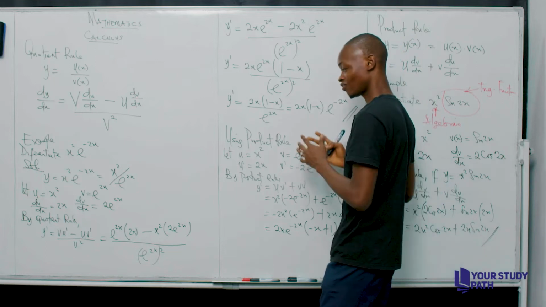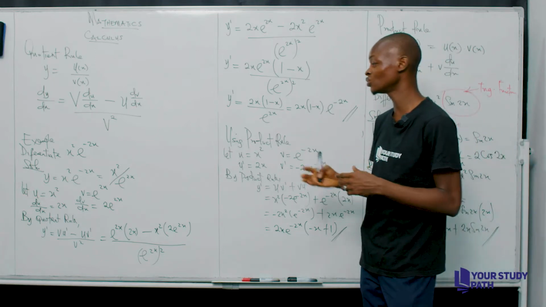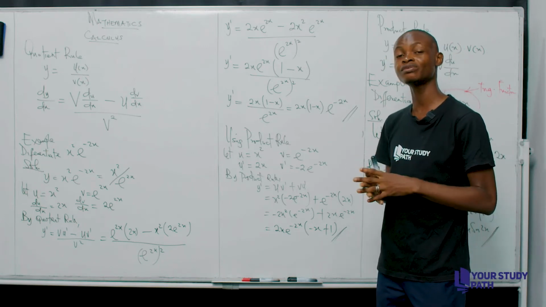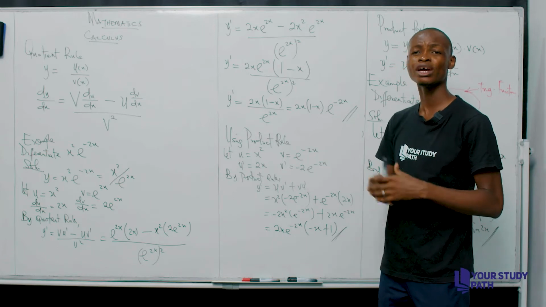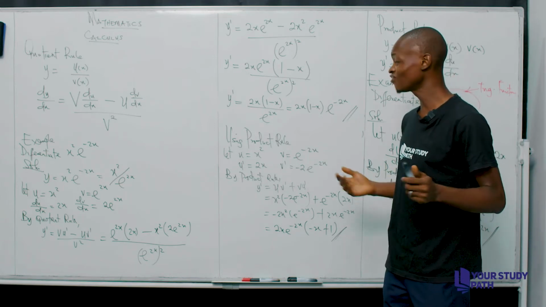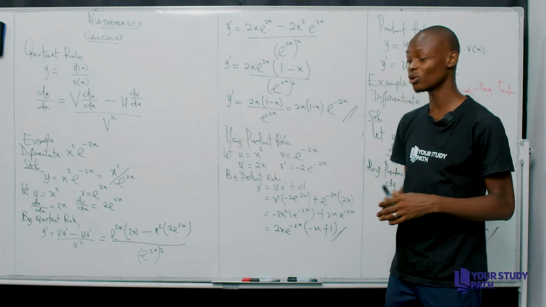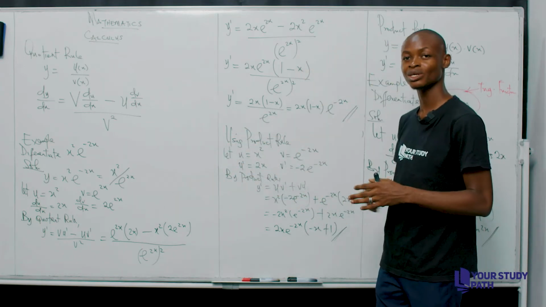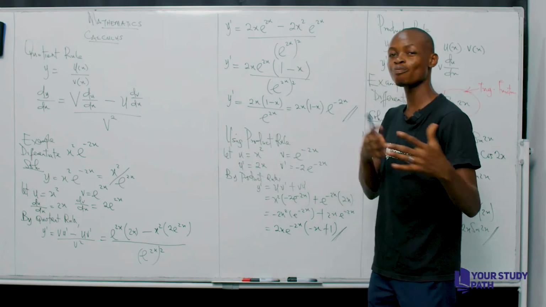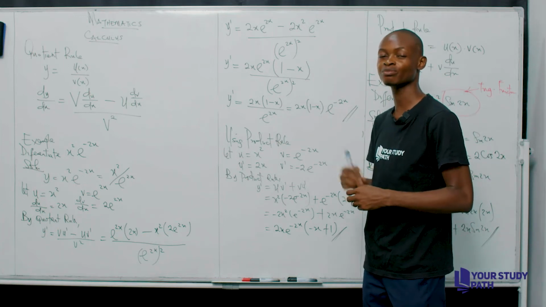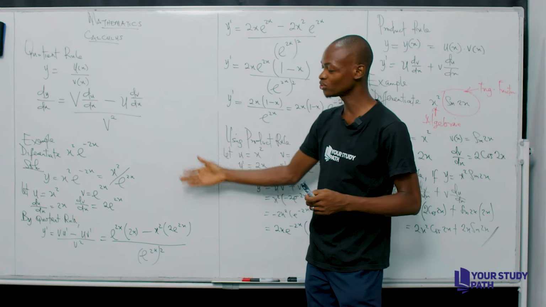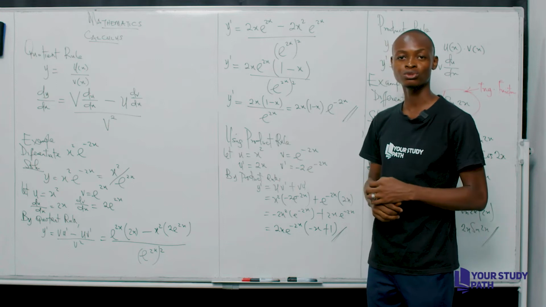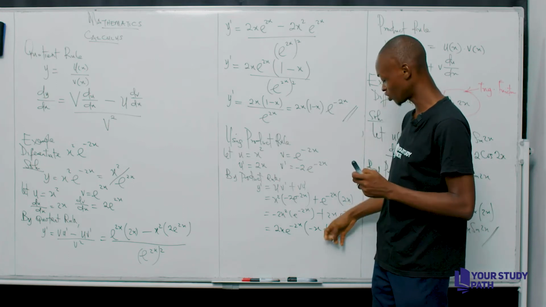Another point is the fact that the product rule is much more efficient to use than the quotient rule, which stands to reason when you are writing a multiple choice or objective exam. For your theoretical exam, where your number of steps is very important, you find out that the quotient rule will fit you more than the product rule. Because for the quotient rule, you can go through more steps, which in essence means more marks allocated to you when the marking process is carried out. So for the quotient rule, you earn more marks because of the more steps you have compared to what you would earn for the product rule. But for the objective exam, where the focus is just on the final answer that you